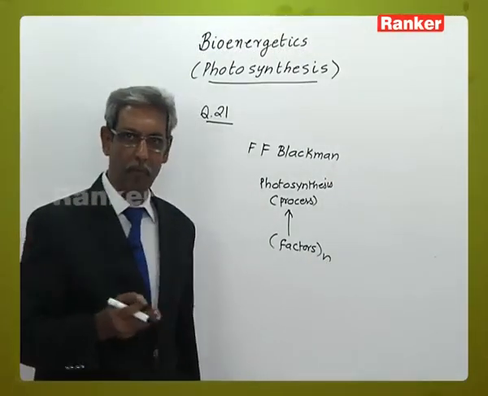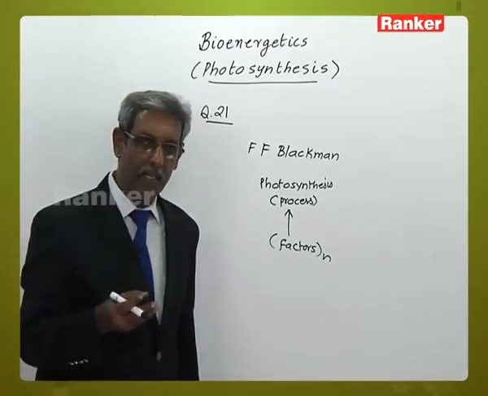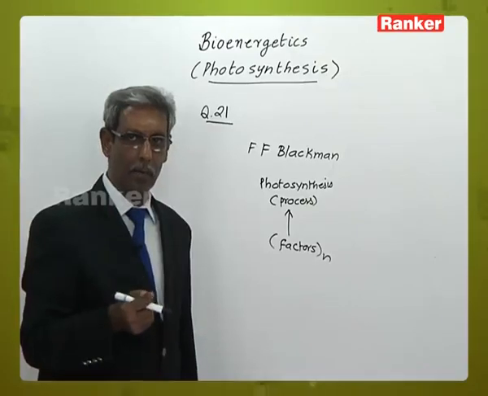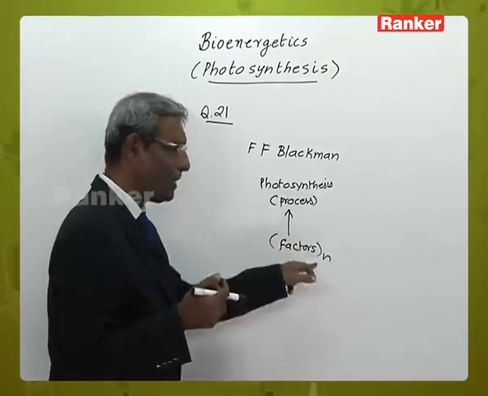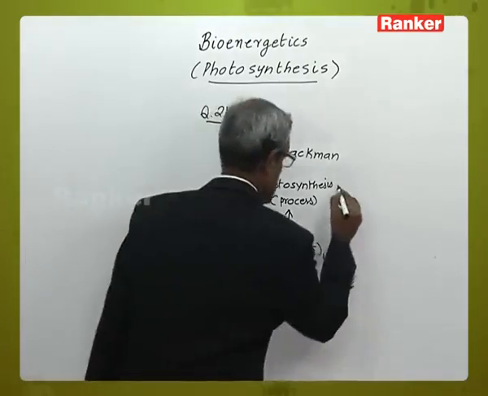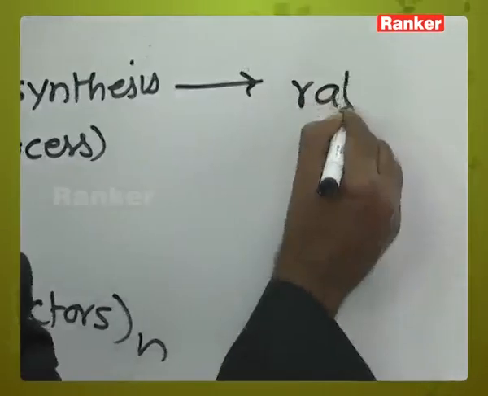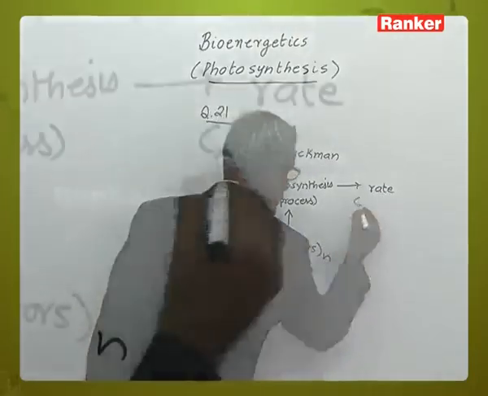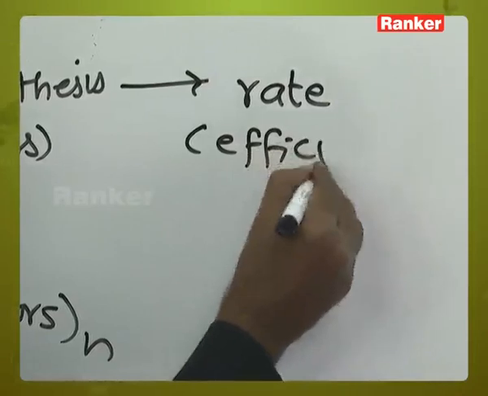It may be availability of light, light intensity, carbon dioxide, oxygen, chemical compounds or water. It is decided by several factors. Now, if we want to look at the rate of photosynthesis, or we want to improve the efficiency of the rate of photosynthesis,